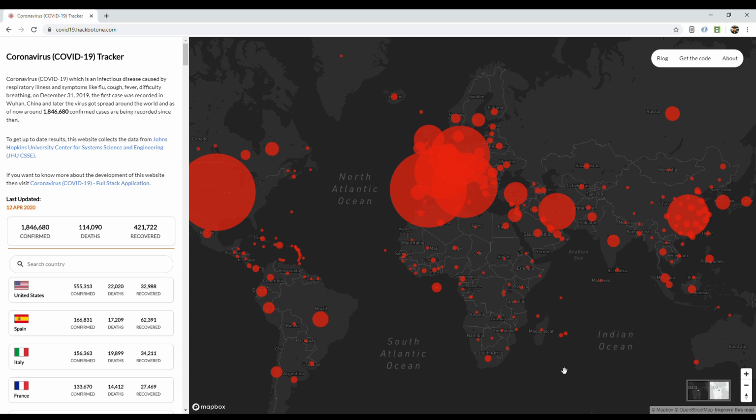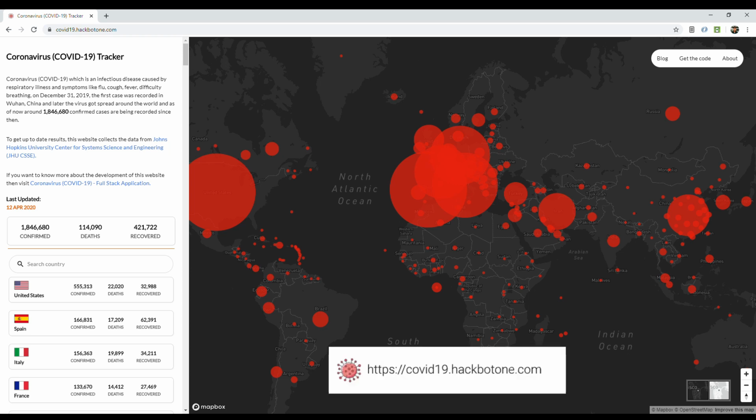So I have decided to build a full stack application with interactive maps so that it will be quite easier for the user to track the cases around the world. So let me give you a quick demo, and after that I will give a brief overview of tools and techniques about this website. So the URL for the website is